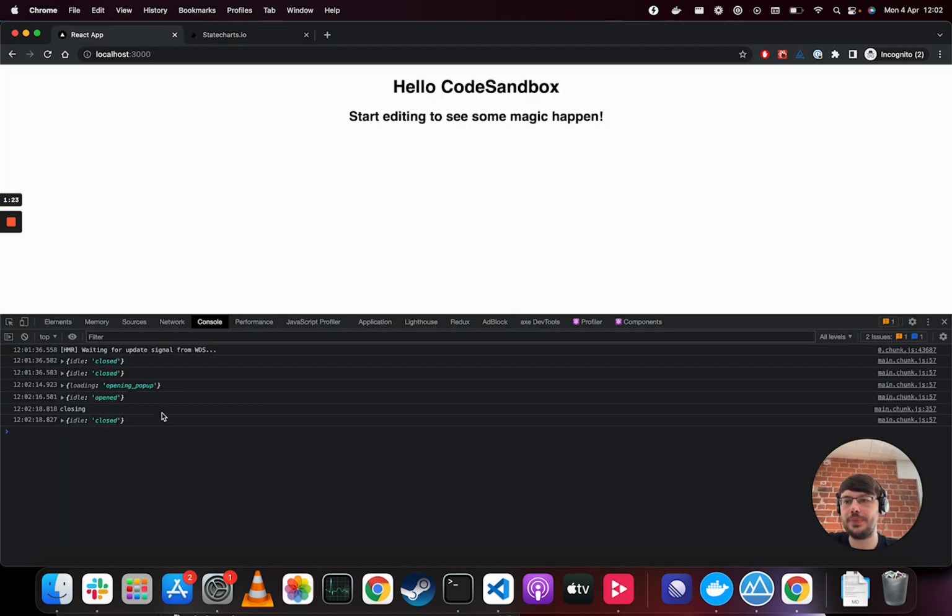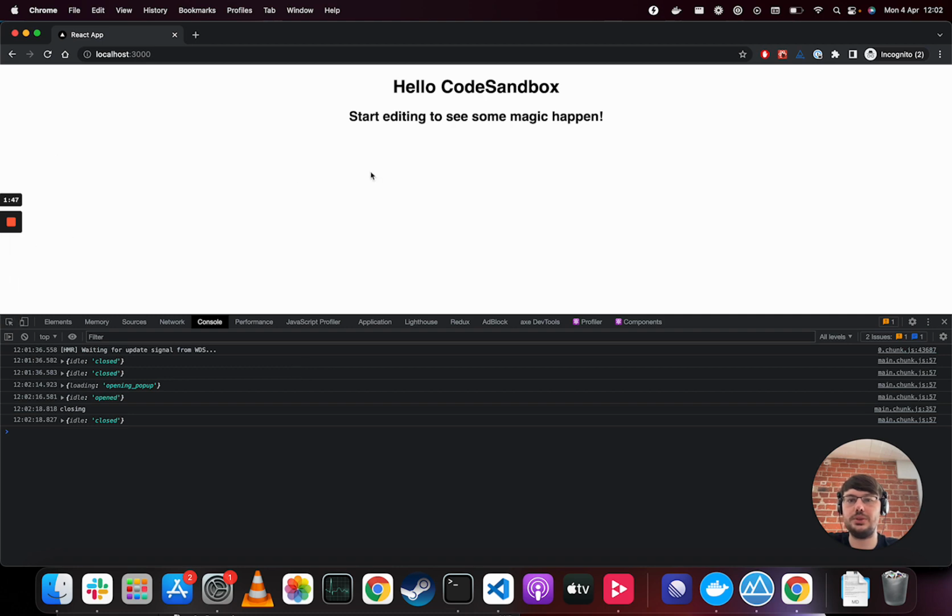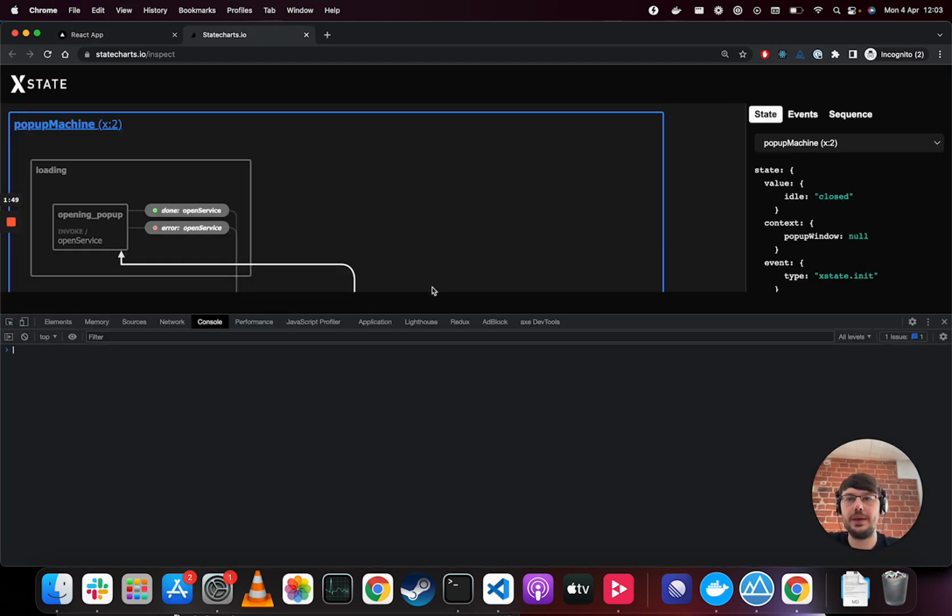Because in the application itself we are actually logging the current state, and we can inspect that the current state right now is idle closed. So why is this thing not highlighted like it should be? So let's start looking into this. One thing that we might want to do is to refresh it again. We might open this